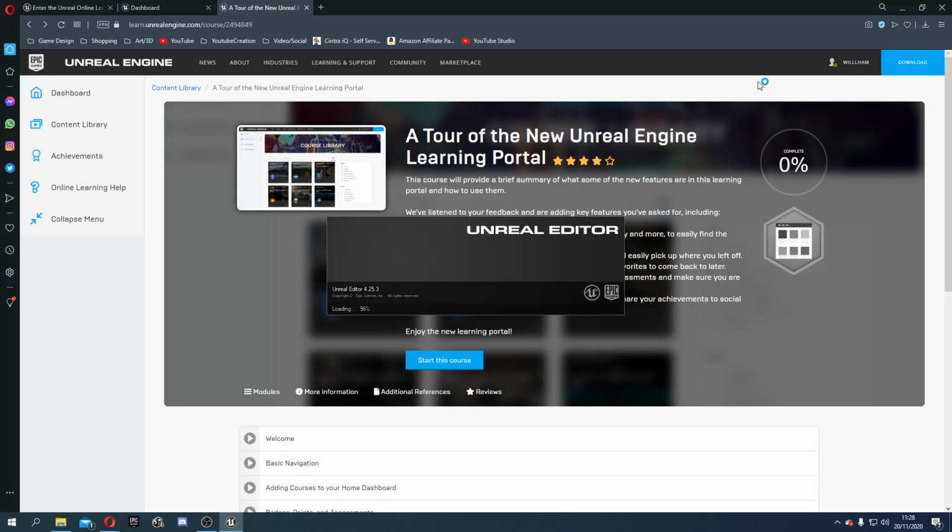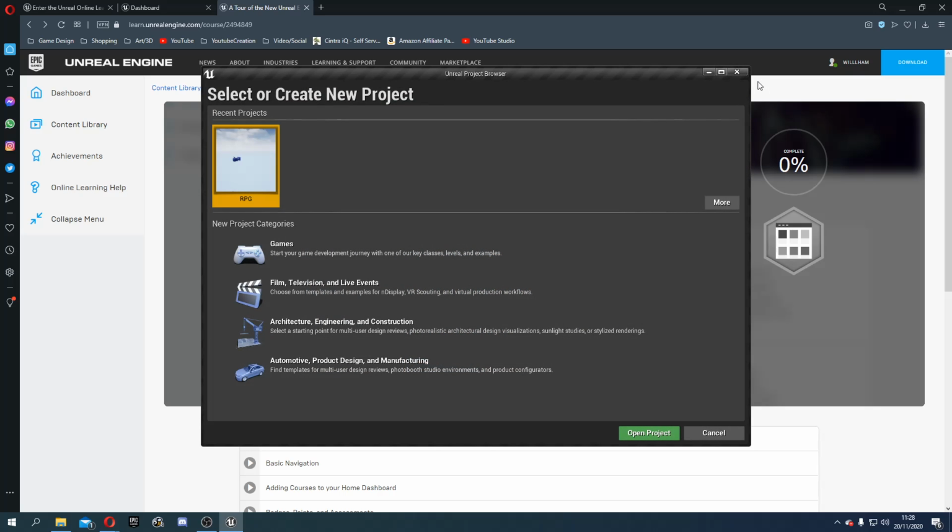When you first open the engine, sometimes it can take quite a while on your first open. Obviously it's probably installing necessary files, and it can hang at around 45%, 75% and somewhere in the 90s. Just let it do its thing. It can take quite a while. It can just be straightforward. It all just depends on your system. I'm using, as I said, an SSD, so mine loads quite quickly, and these are all the different things you can make